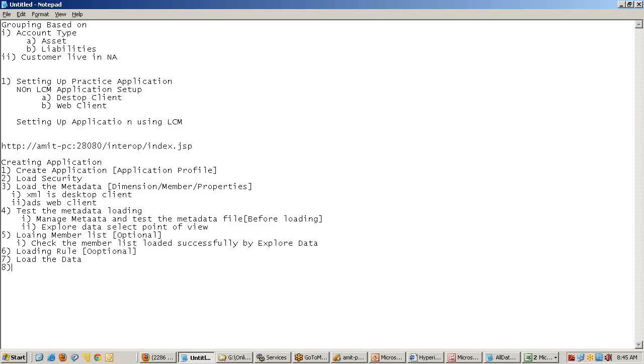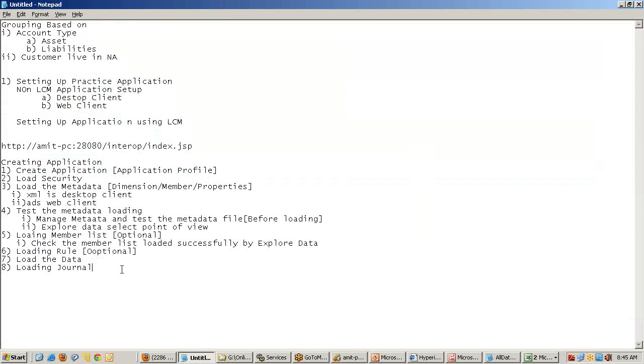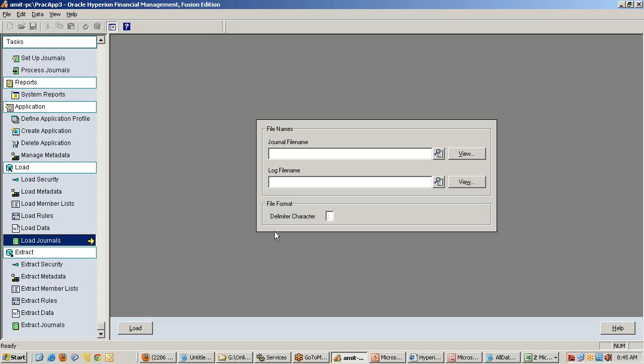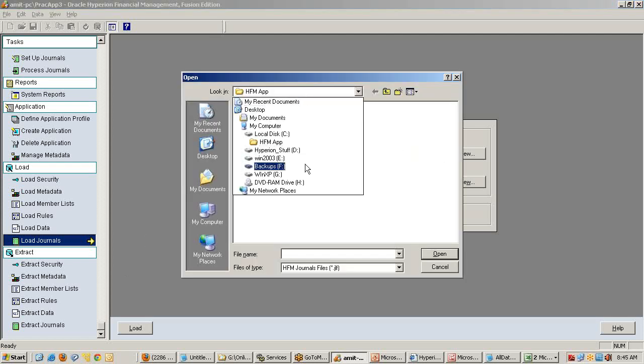Eighth step is loading journal, and specify the sample journal file.